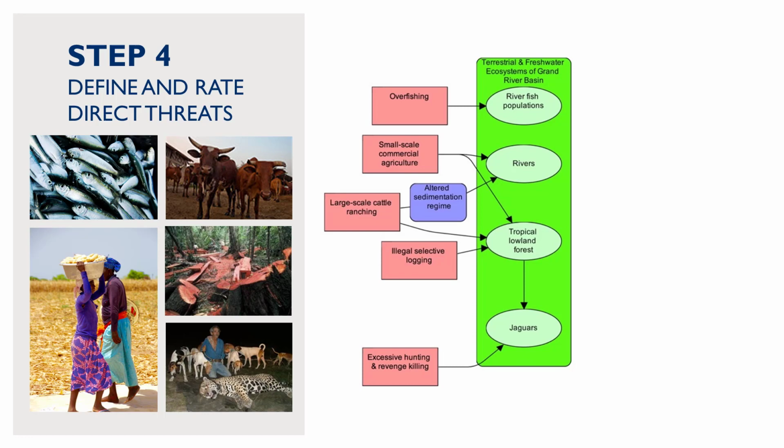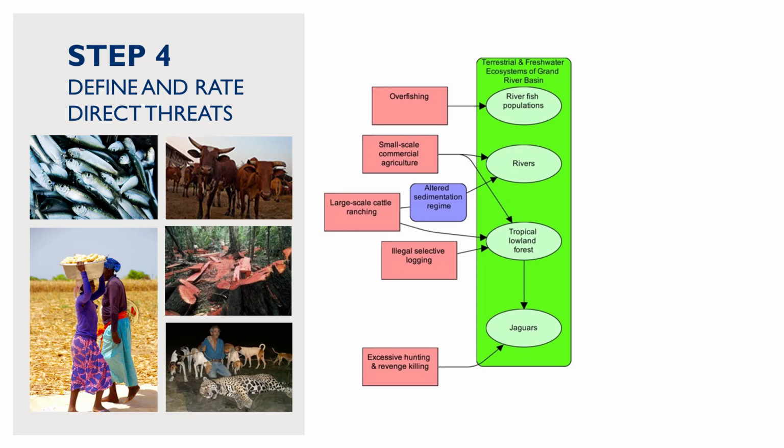One tip to keep in mind is that the threats should directly affect the biodiversity focal interests. You should not include indirect legal, social, cultural, and economic factors. This information will be included in your situation model at a later step. When defining your direct threats, you should take caution about wording to avoid alienating stakeholders who may feel they are identified as a threat. Using language like illegal, unsustainable, or poorly planned can help clarify why or how certain human